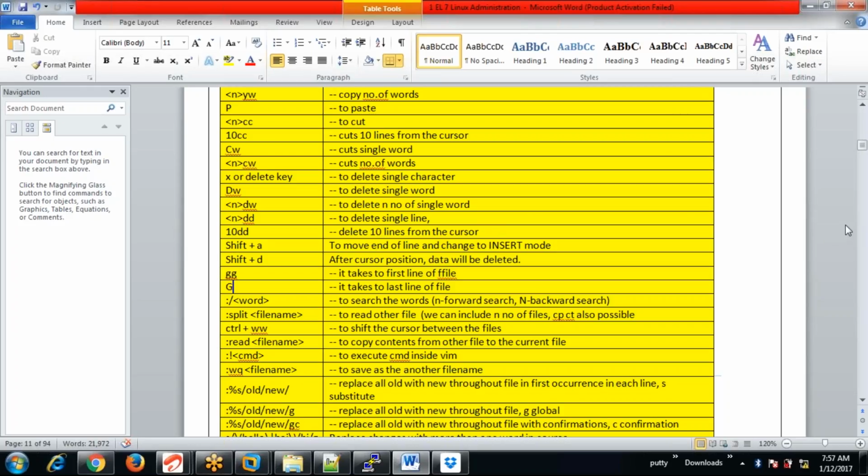If you press Q and Q colon, what does it mean? Actually that is the force quit. Normally Linux will be creating a swap file, which will not allow us to close. That's a small bug which we have in the OS. So to quit it properly, we need to use that exclamation mark, Q exclamation.